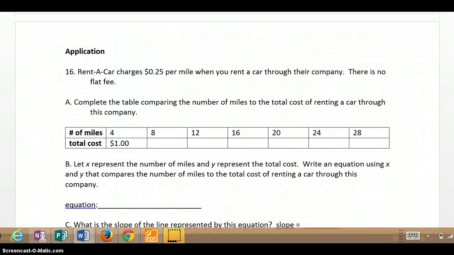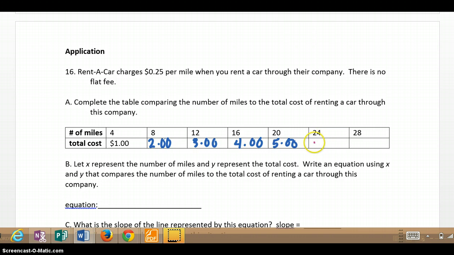Number 16, it says rent-a-car charges 25 cents per mile when you rent a car through their company. There is no flat fee. Complete the table comparing the number of miles to the total cost of renting the car through this company. So we start with 4 miles and it will cost us $1 because 0.25 times 4 is $1. And then if we had 8 miles, it would cost us $2. And then $3, and then $4,